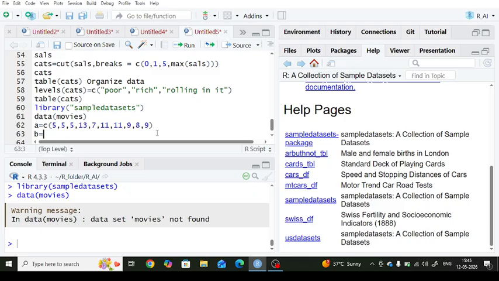equal to c and parenthesis, create a 8, something like 4, 5, 9, 5, 10, 5, 4,